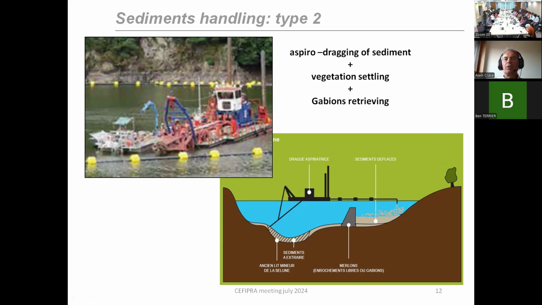And then after, when the water level was drawn down, this sediment will be dry, and we leave the vegetation to reinstall in this tank to settle the sediment. And then after, they remove the concrete gabion system that constrains this reservoir to show a more natural aspect